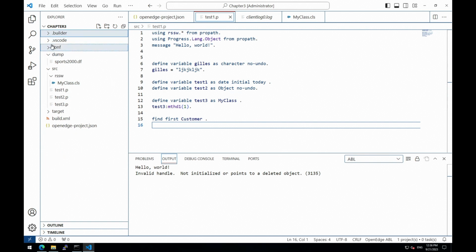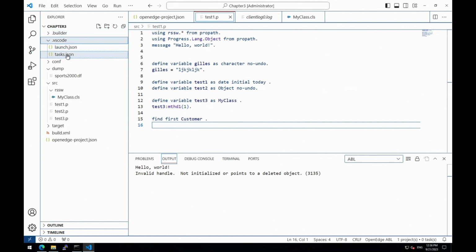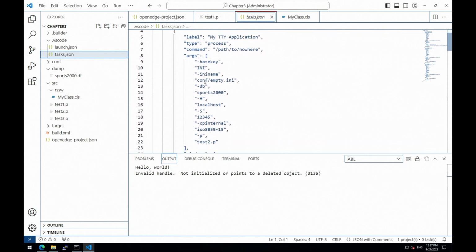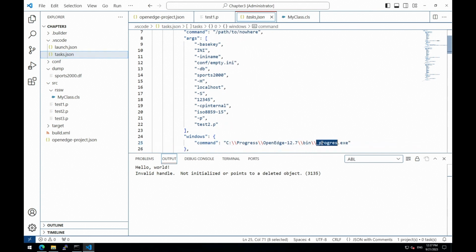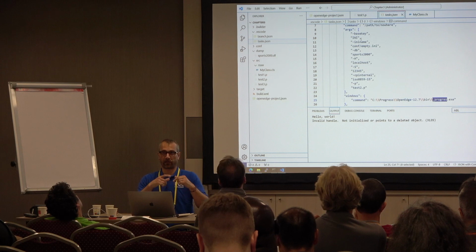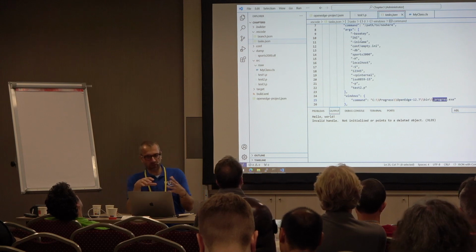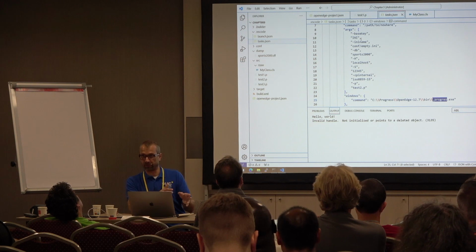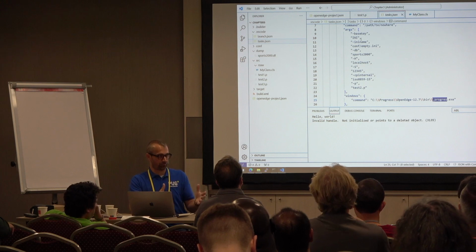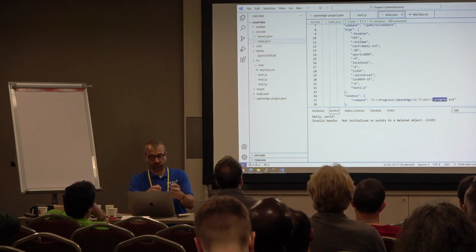So tasks are specified in a JSON file, and then you say, I would like to execute my TTY application, where I will use _progress, and all my arguments are specified here. So you just say, I execute something that will be executed as an external process. So you directly execute your application, but you make sure that you do that with what has been compiled locally. So you just point to the target/build directory here, so you work with local R code and execute what is currently in your source directory.